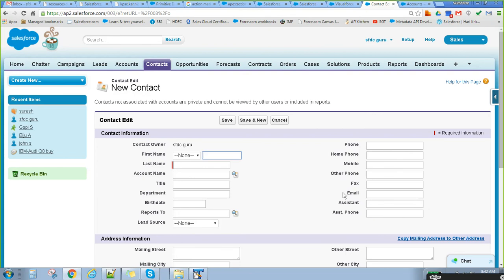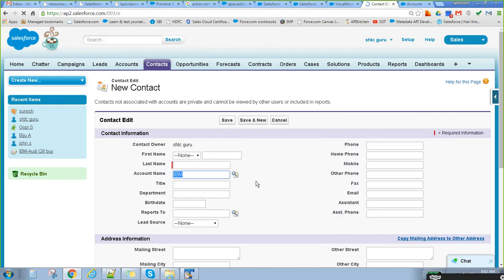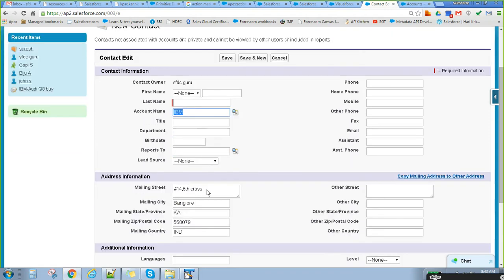Now let's say I add some account, IBM. It is populating the account name here, and if you see here, it has also copied some information about billing address, city, and so on. This is copied from the account object whenever you select it.